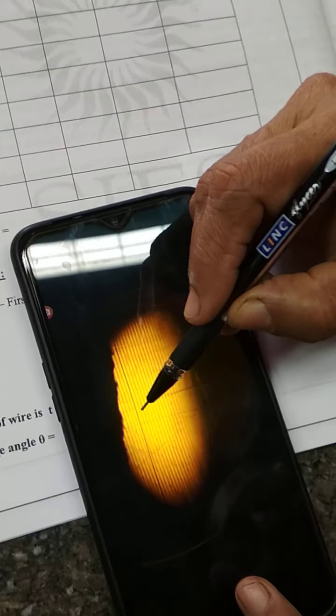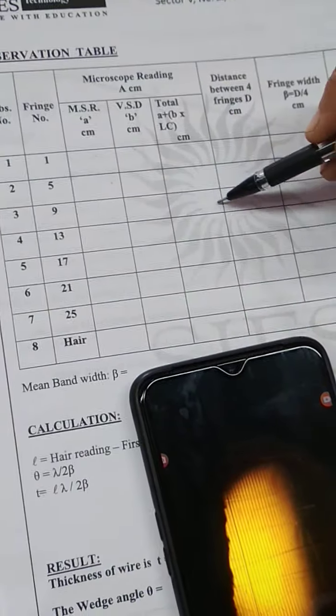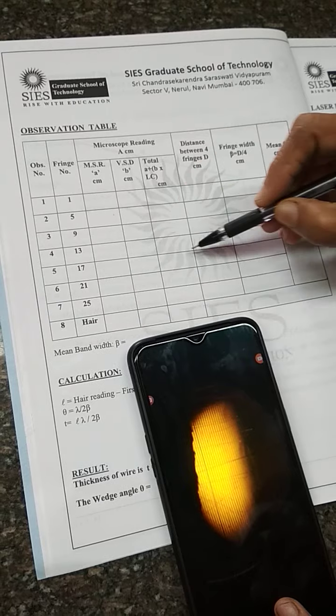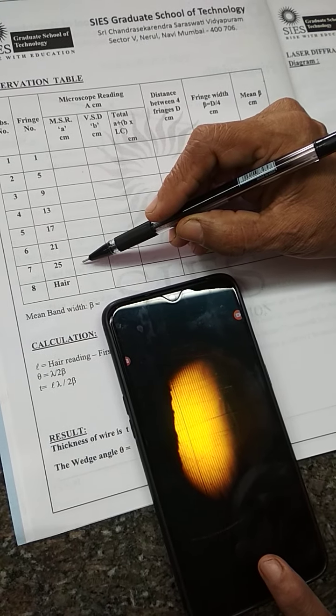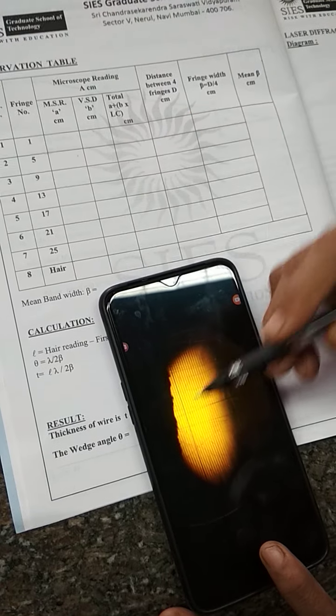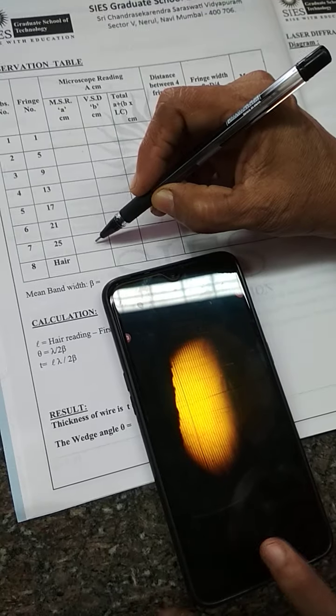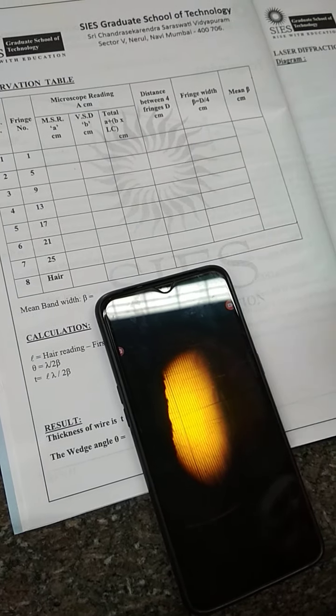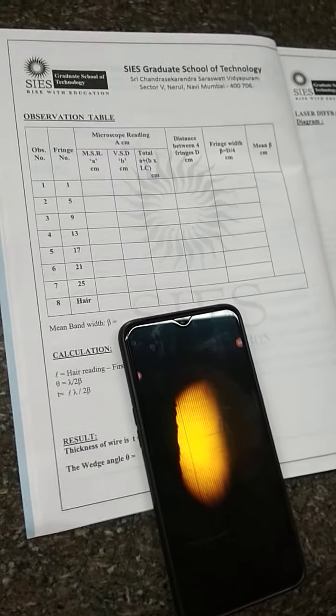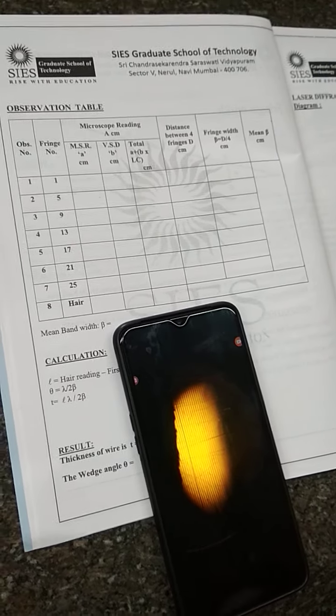Like that, you go on shifting the center of the crosswire to the 9th dark band, note down that reading, then 13, 17, 21, 25. So you have to shift the center of the crosswire to the 25th dark band and note down the reading.